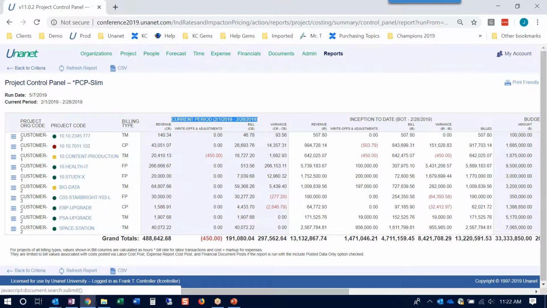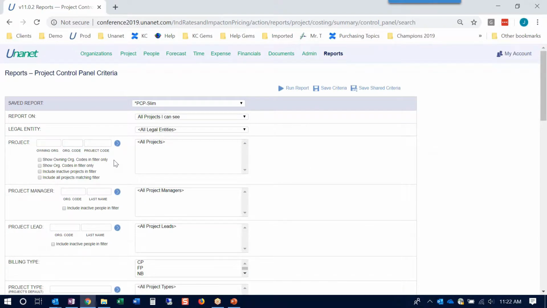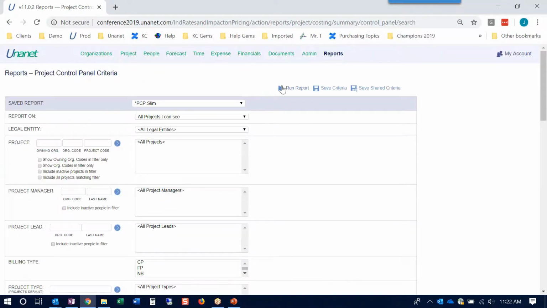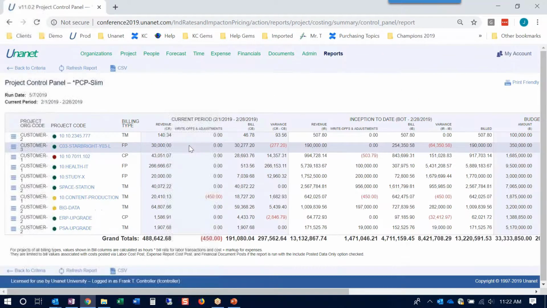All right. So back to the criteria. I'll show you a couple things to note. We have these sorting options. I just ran a report sorting by project, but we have some unique features here. Maybe I want to sort it by project manager. So if I check this option, rerun the report,